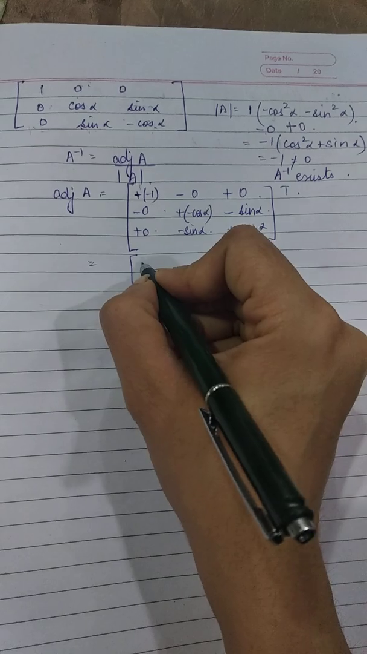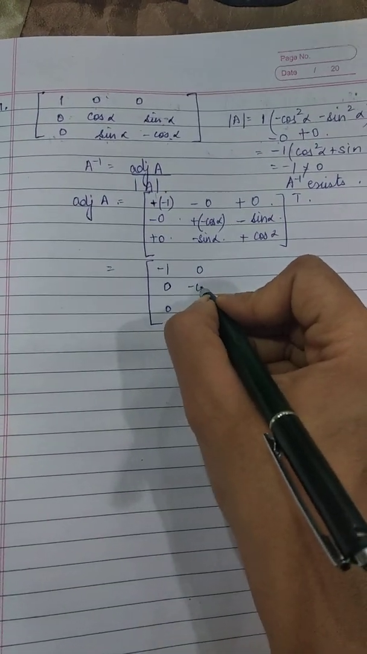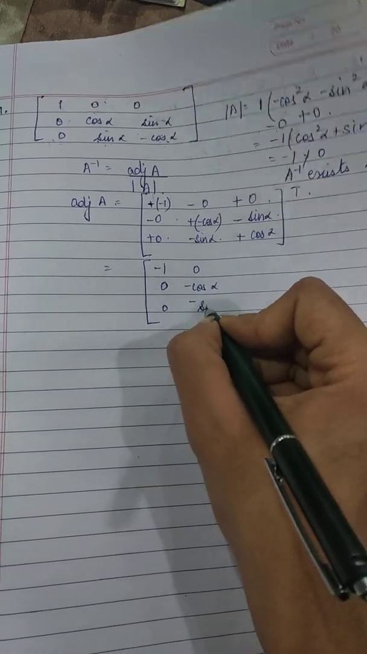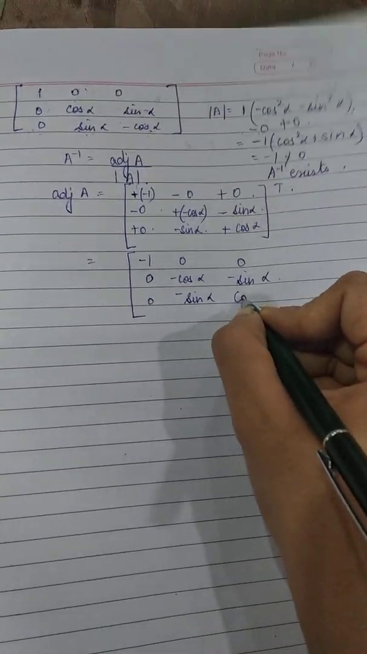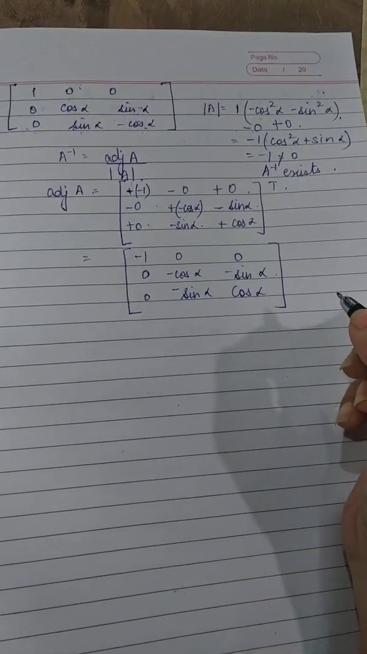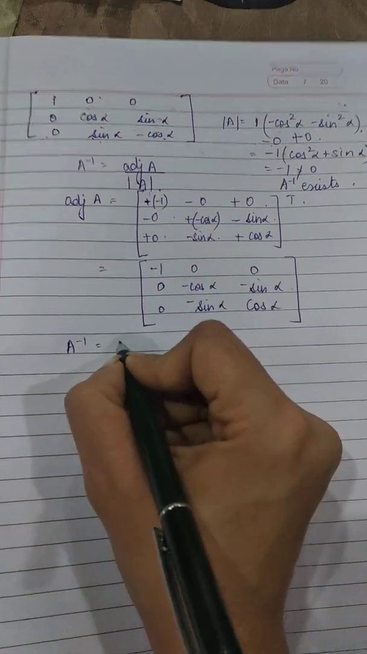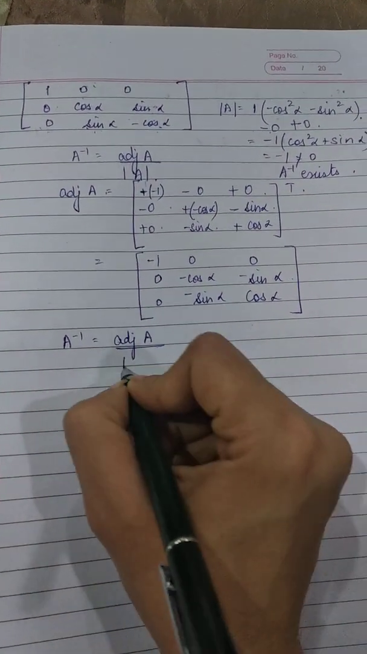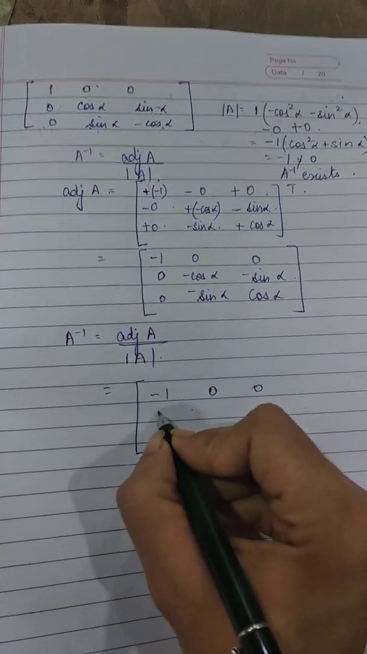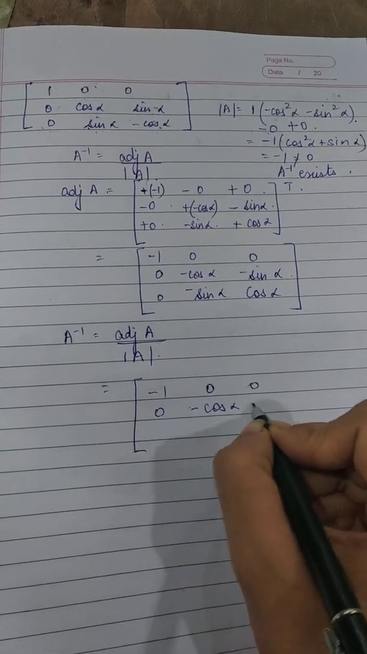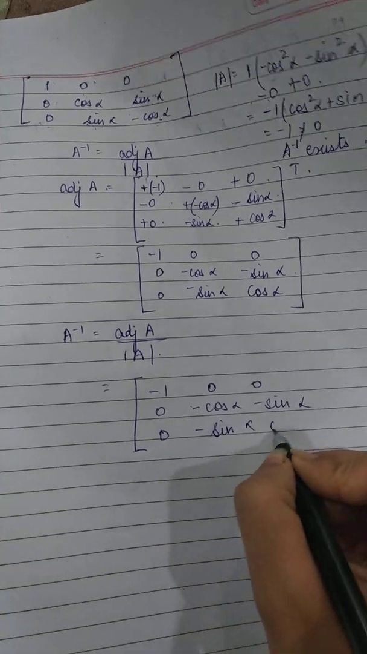Transpose of this: minus 1, 0, 0, 0, minus cos alpha, minus sin alpha, 0, minus sin alpha, cos alpha. So that's the adjoint, and A inverse is adjoint of A upon determinant of A. So adjoint of A is minus 1, 0, 0, 0, minus cos alpha, minus sin alpha, 0, minus sin alpha, cos alpha,